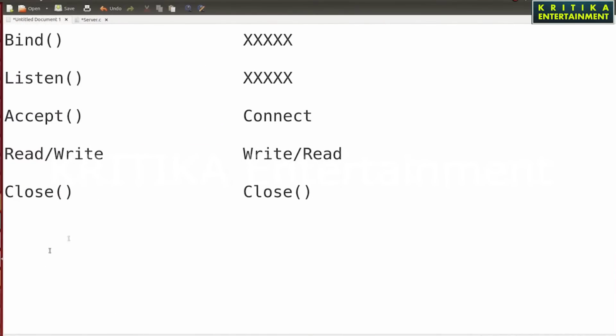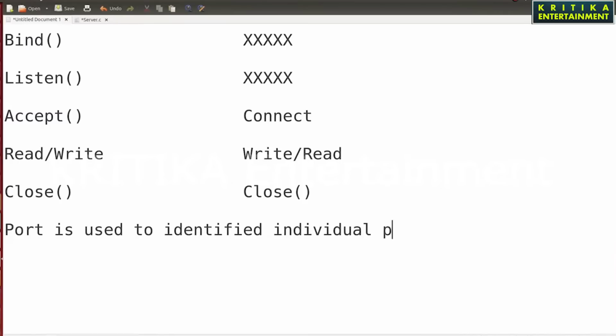Port is used to identify individual programs in a system.